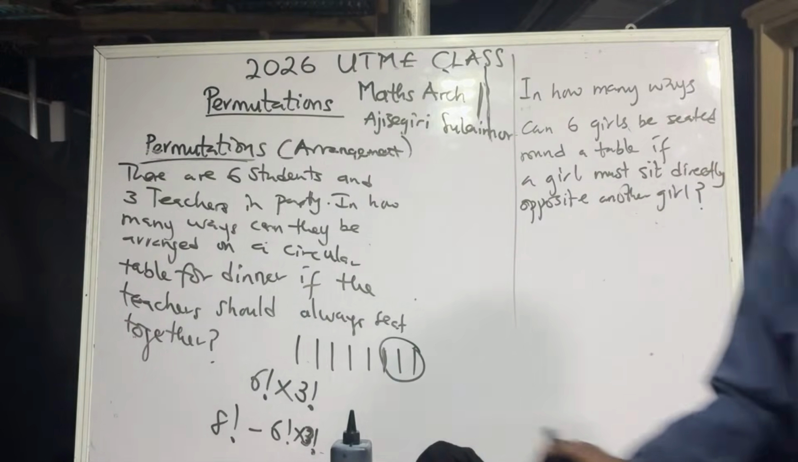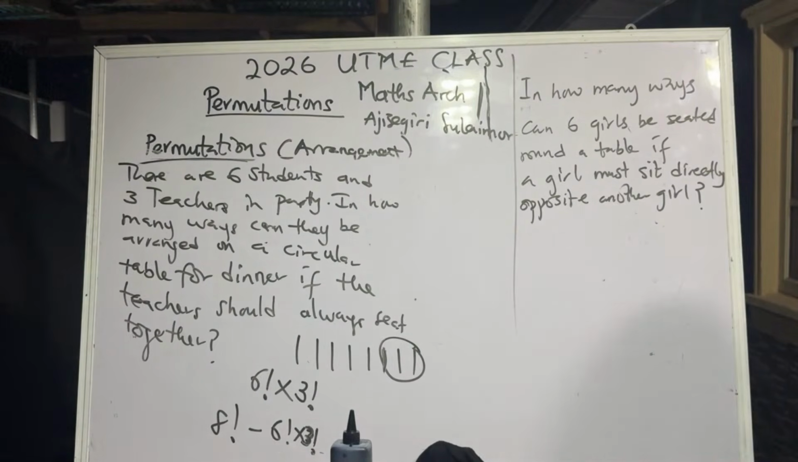So that means the arrangement will not be that. How many are we arranging? Normally it is around the table, so it will not be 6. It will be 5. Good. Now, out of those 5,